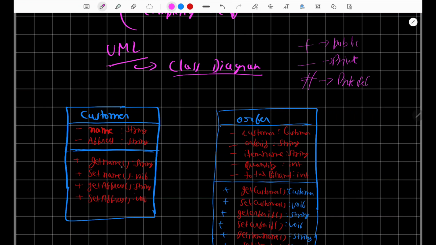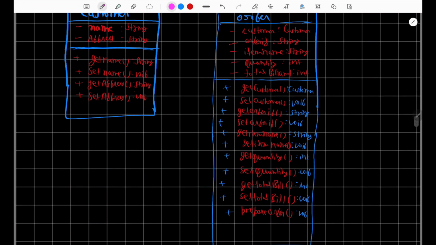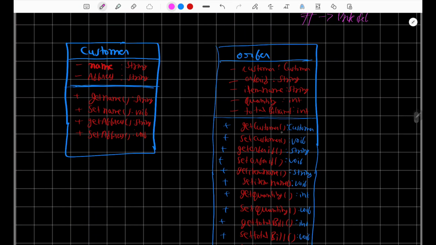So getName is a member function of this class Customer, which is public, and its return type is a string. setName is a public member function in the Customer class whose return type is void. And you can clearly see here getCustomer. What is this getCustomer? getCustomer is a member function whose return type is Customer, which is a class, and